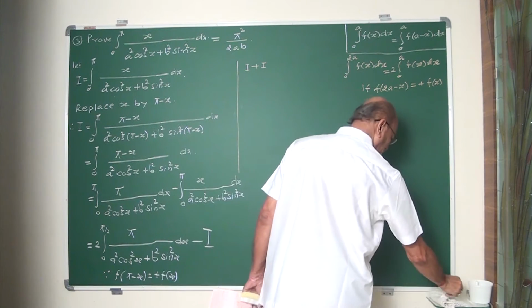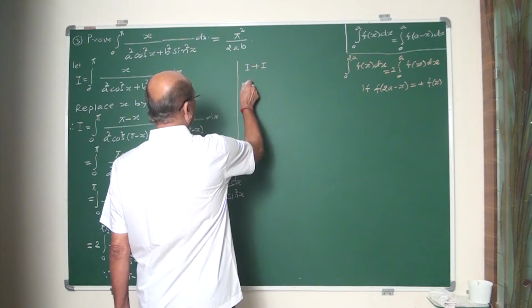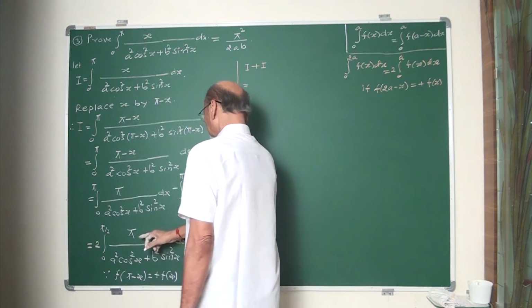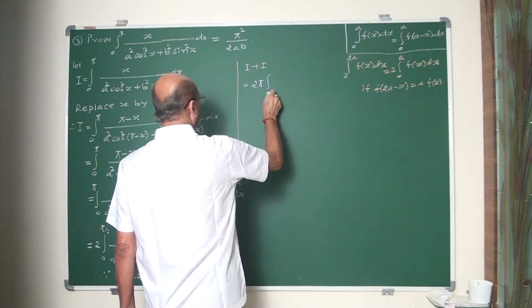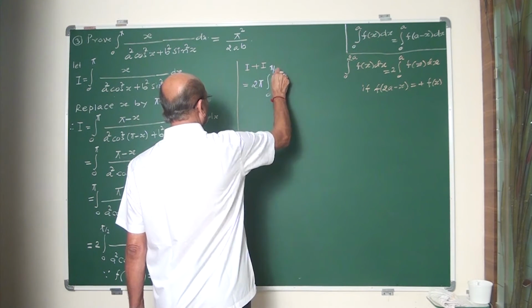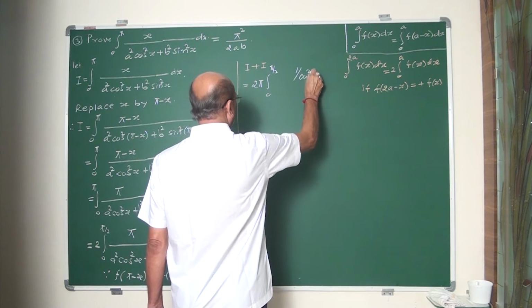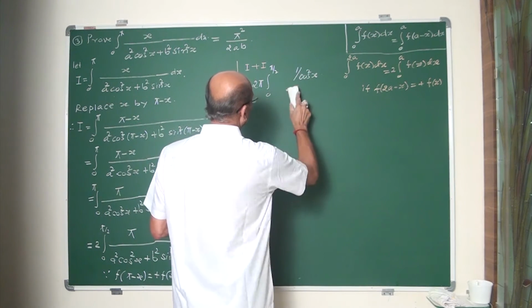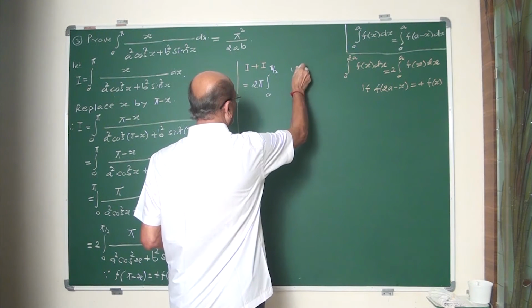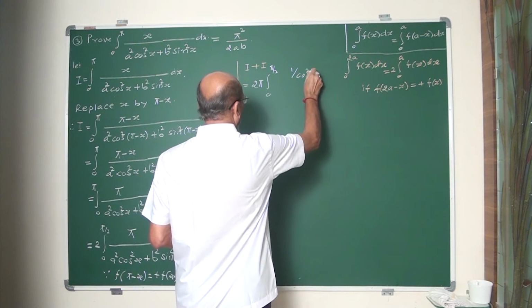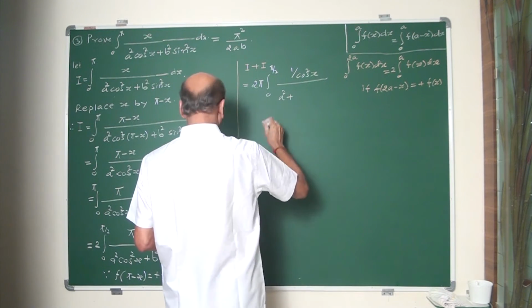I plus I equal to, this pi is also taken out. It is 2 pi integral 0 to pi by 2. Divide both numerator and denominator by cos square x. 1 upon cos square x. Denominator a square plus